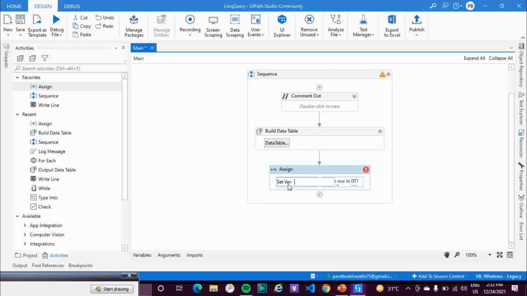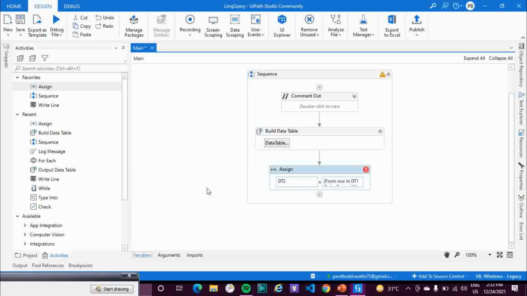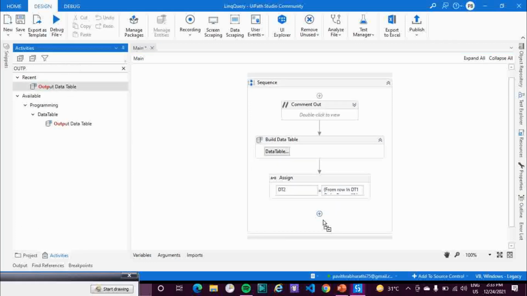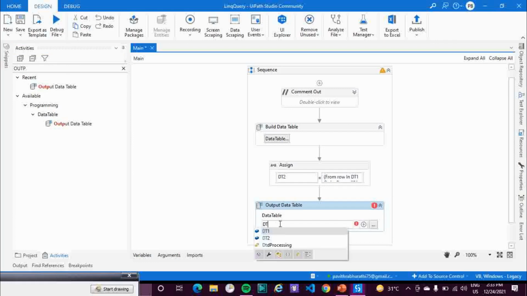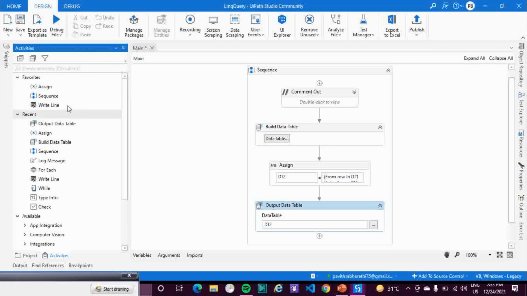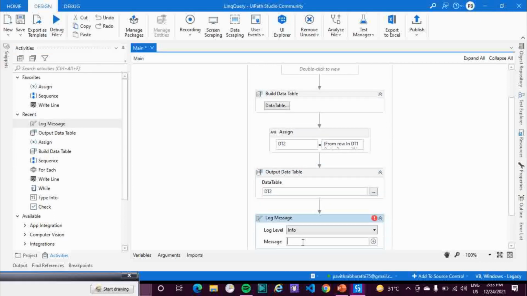Now let's create DT2. I need to change its data type into DataTable. Let's convert this output data table DT2 to string, and then log the message, output str.